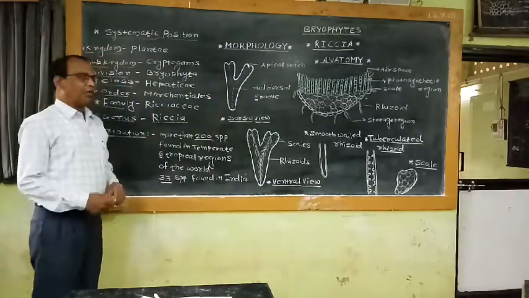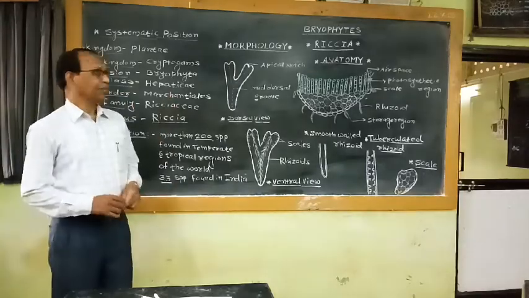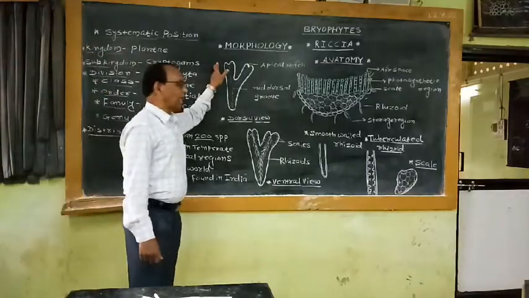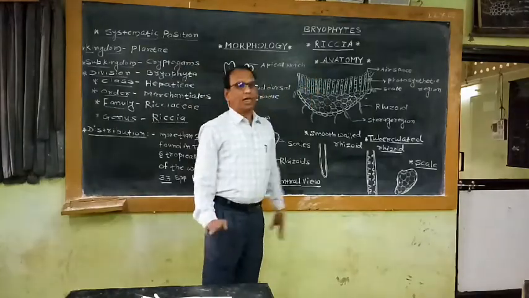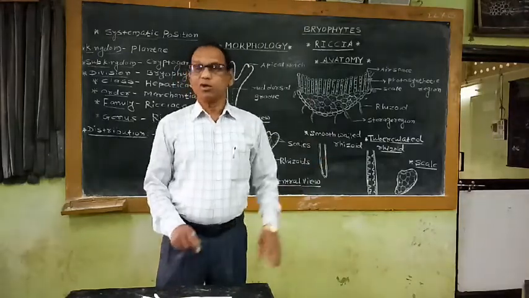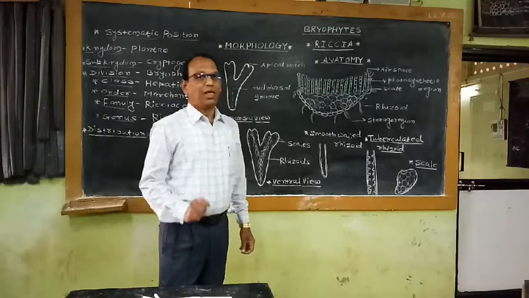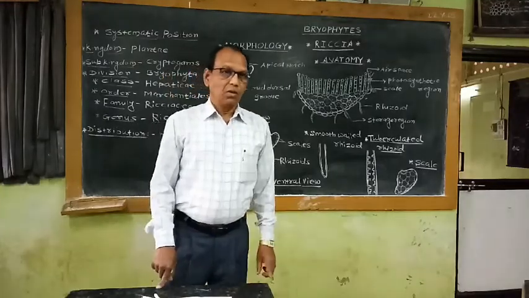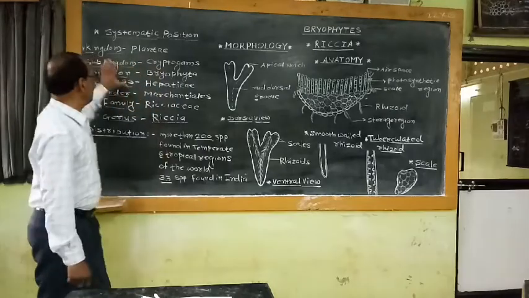The systematic position of Riccia, then distribution of Riccia, then morphological characters of Riccia and anatomical characters of Riccia. In addition, this topic also includes the reproduction in Riccia. So as far as the systematic position of this plant is concerned,